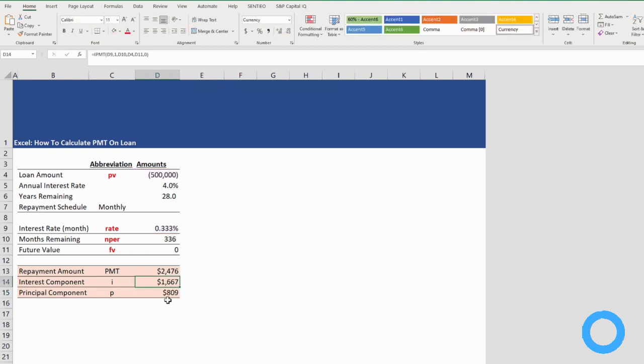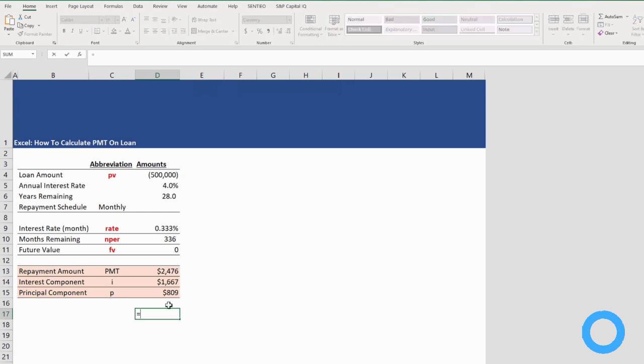Okay, now, let's see if these two figures add up. There we go,